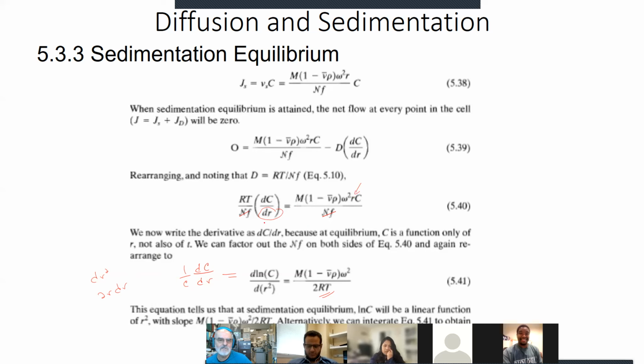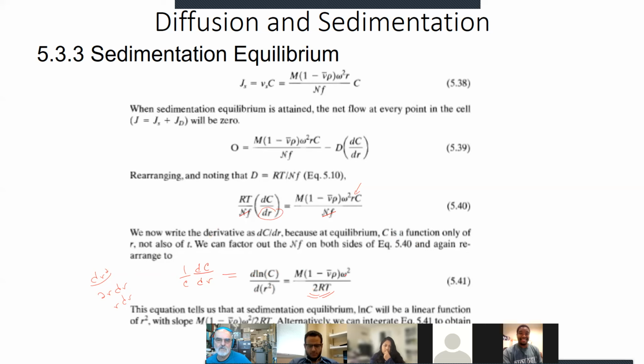When you bring this r to the other side, you have r dr. Okay, dr squared is 2r dr, so we're going to convert this to dr squared. There's an extra 2 here someplace, and that extra 2 has to be accounted for. We sort of multiplied and divided by 2, and we end up with an extra 2 to get rid of the 2 that's missing. And so the equation ends up being d ln c over dr squared is equal to